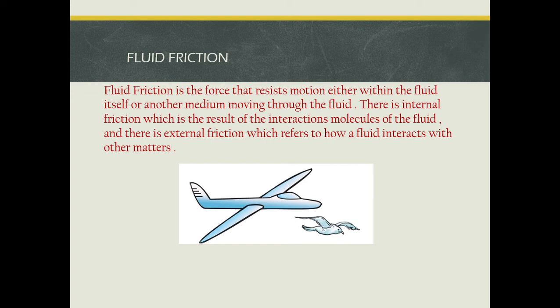Now this particular special shape of the aeroplane is maintained so as to minimize the friction. That is the purpose why it is done. Clear? The purpose is to minimize the friction. What kind of friction is getting minimized here? Fluid friction is to be minimized here. Otherwise, the aeroplane really cannot go further. Okay?